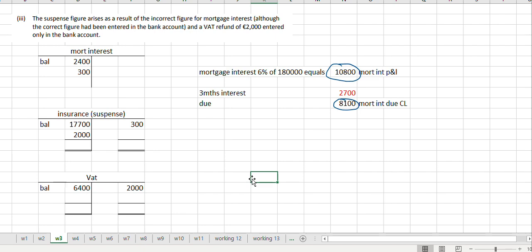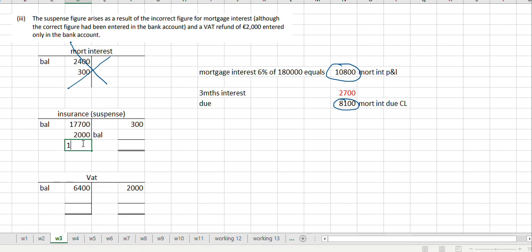Okay, so now we balance these accounts to get our figures. Now the mortgage interest account, I'm not bothered. I've done what I need to do there, so I don't need to do anything with that. These are my figures over here, the 10,800 and the 8,100. That's all I need. The insurance, however, if I balance this account,